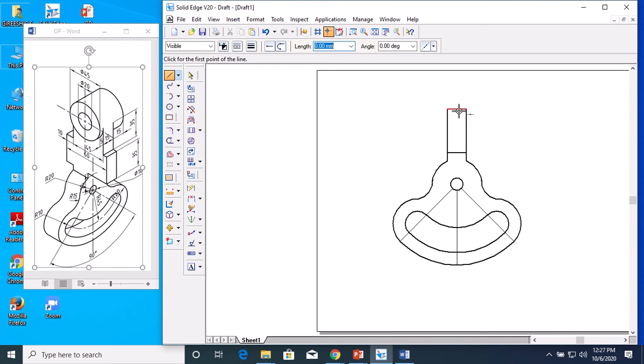Again, these two edges coincide, they come along the same line. This will be 15 mm. From here to here it is 35 mm, you draw a 35 mm line. On the other side, if you think it is not able to complete, you can do scaling. So now I will move it downward a little bit.